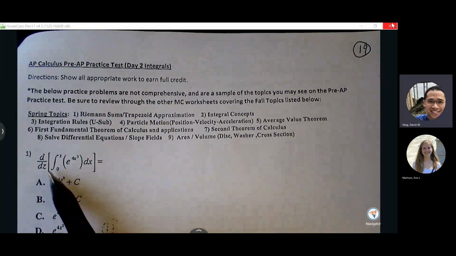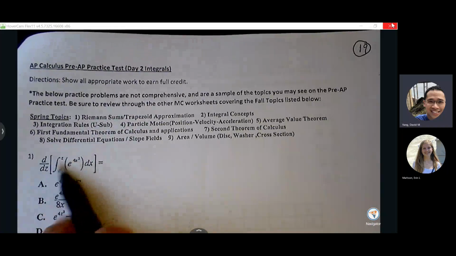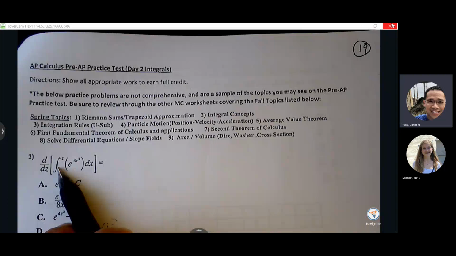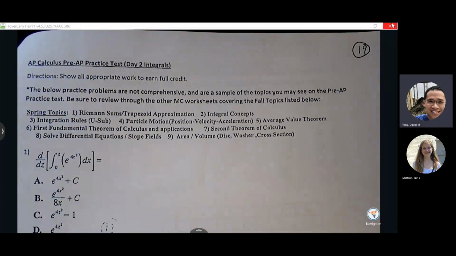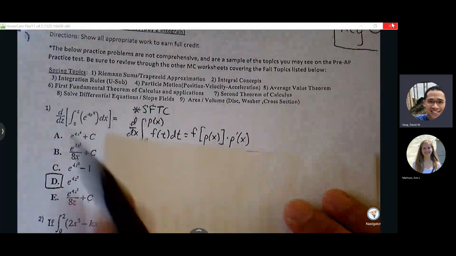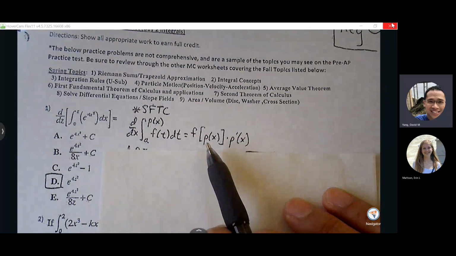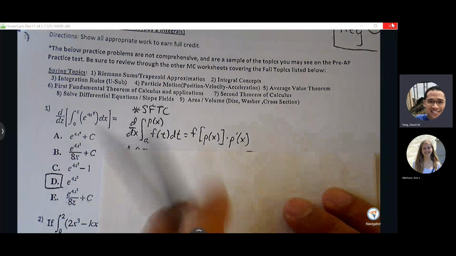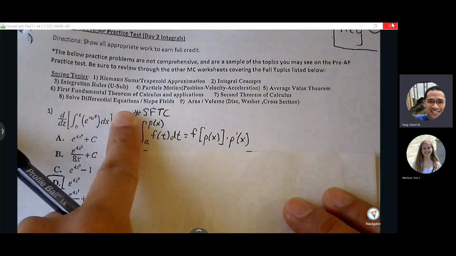So number one, we're asked to find the derivative of some integral notation. This looks messy, but we know that this is basically the setup for the second theorem. The second theorem says that we can take the derivative of that integral, and that really can just line up with the formula that we're going to apply. Again, this looks like chain rule, but it's not really chain rule. It's just really a shortcut to the end of the problem, rather than having to go through two separate